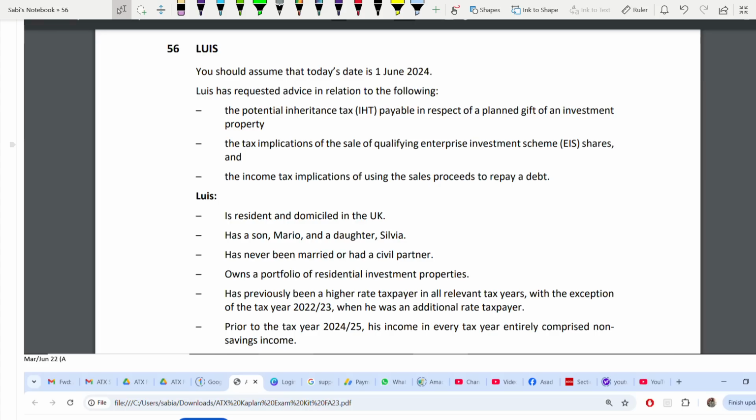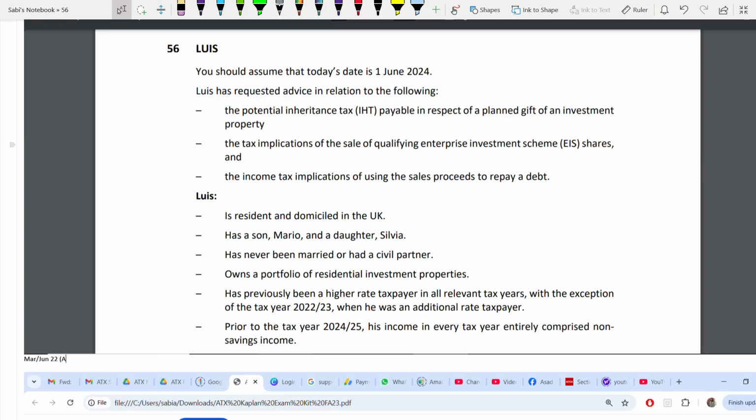This question is from your section B of ATX question, and this is the last question that I'm going to do for my YouTube members for the March 2025 session. I've done 10 questions, so you can watch my 10 videos, the 10 revision kit solutions, and the 10 questions will be enough for your March 2025 preparation, so that you get a pattern of how a question appears. I have solved 6 questions of 50 marks in your section A, and the 4 questions from your section B.